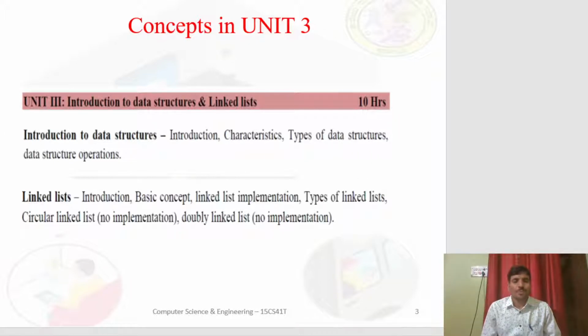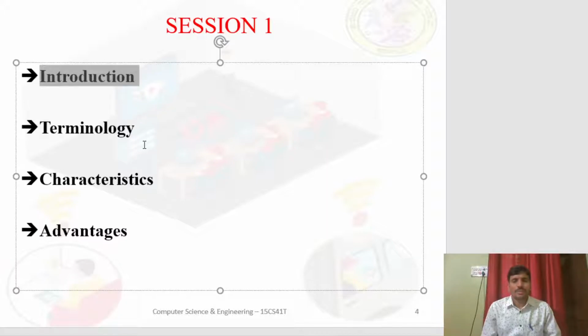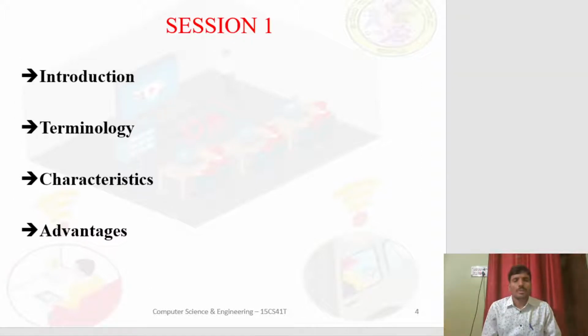Okay, students? So, in the first session, we will discuss these concepts: introduction of data structures, terminologies associated with the data structures, characteristics of data structures, and advantages of data structures.